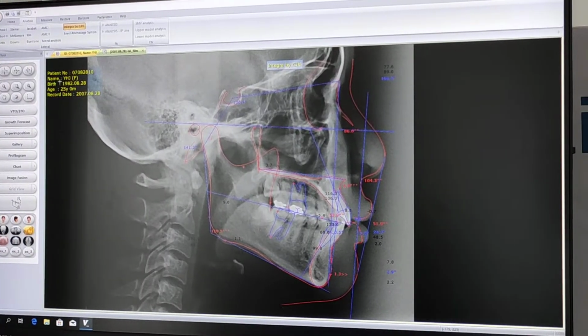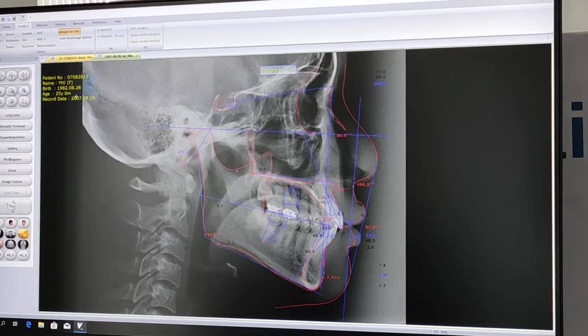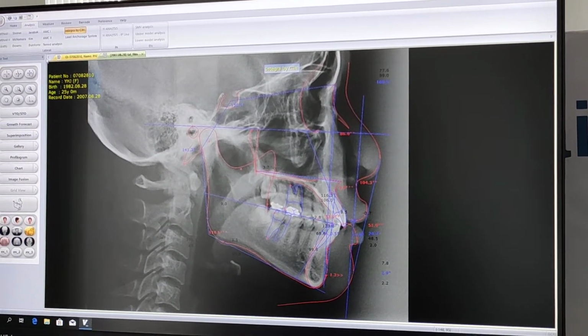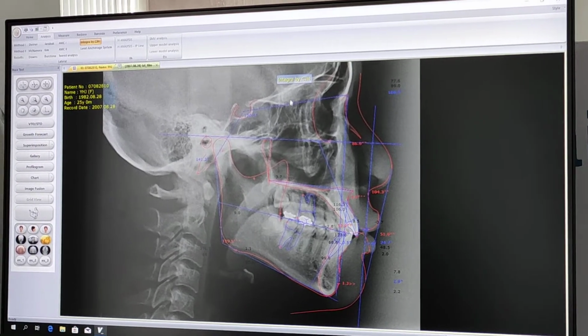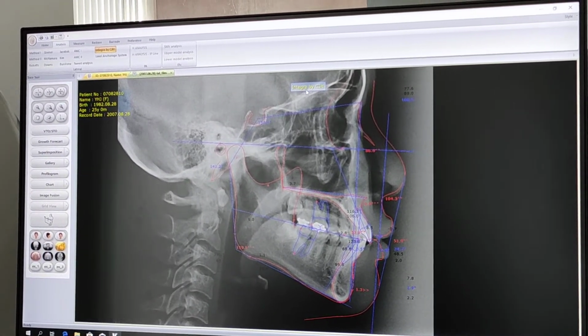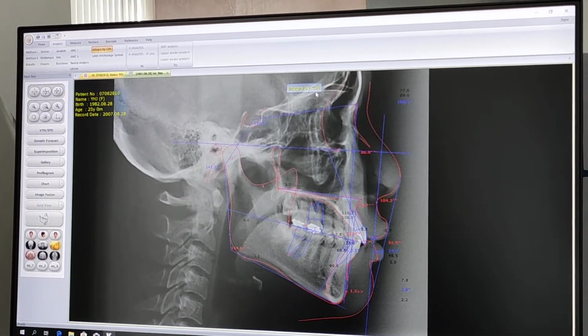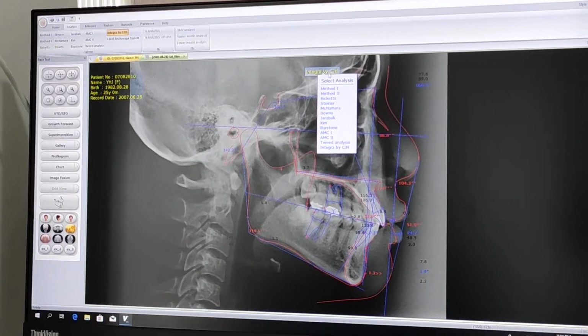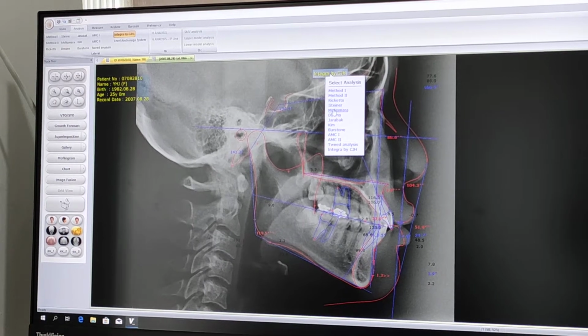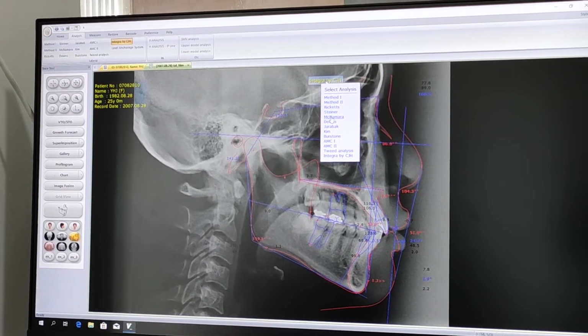So in this particular tab, we can see there are different analyses. This particular analysis was integrated by CGH analysis. In case I want to change the analysis, I just have to click on it and I can change it. For example, I want to see a Nakamura analysis.